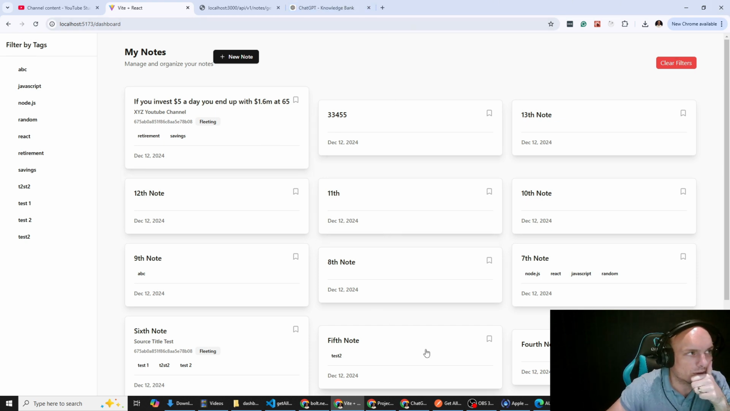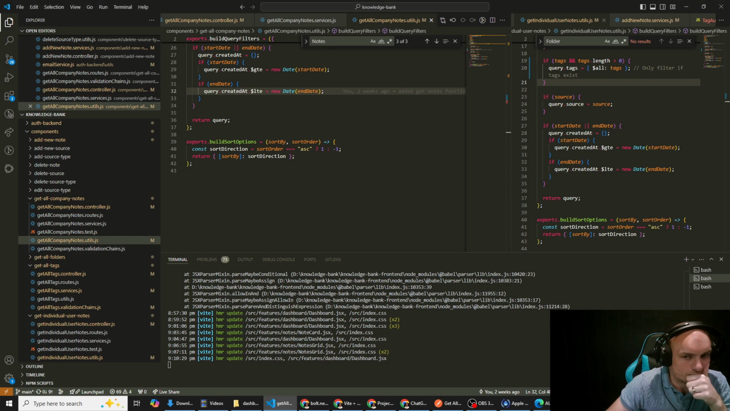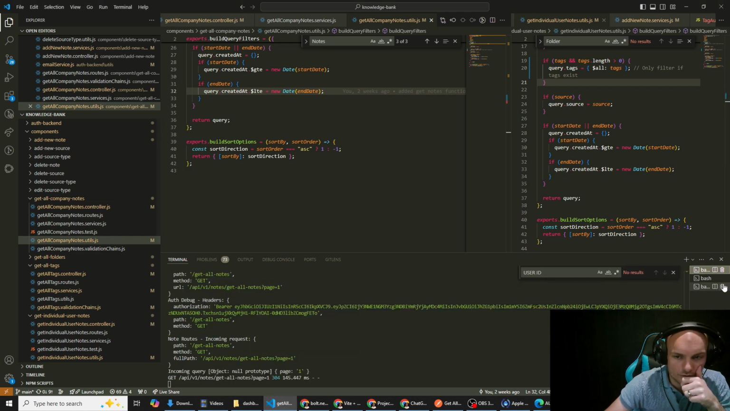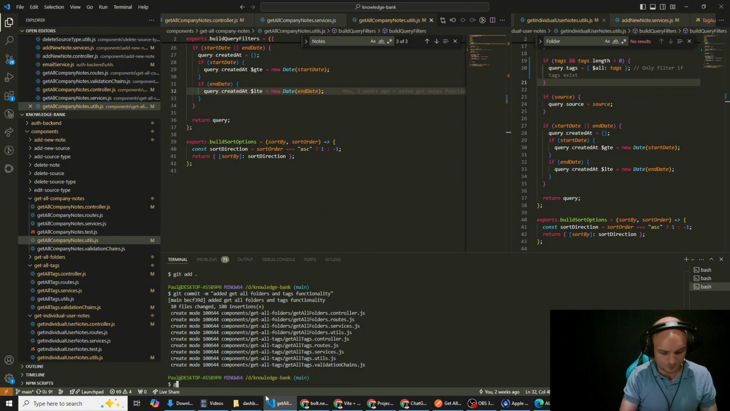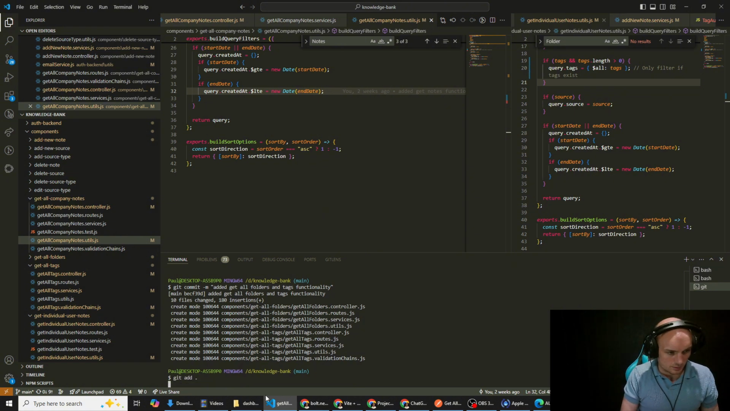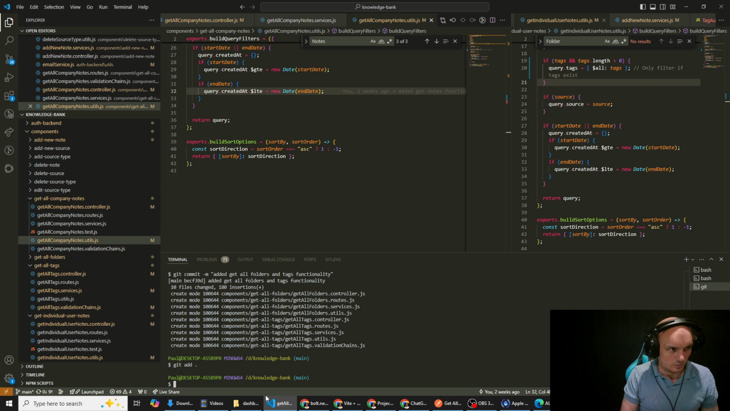All right. So, what are we doing? I think we're going to commit this code. So we're going to go git add. Git commit. Added filtering by tags on the front end and updated associated back end logic. We also changed process for getting